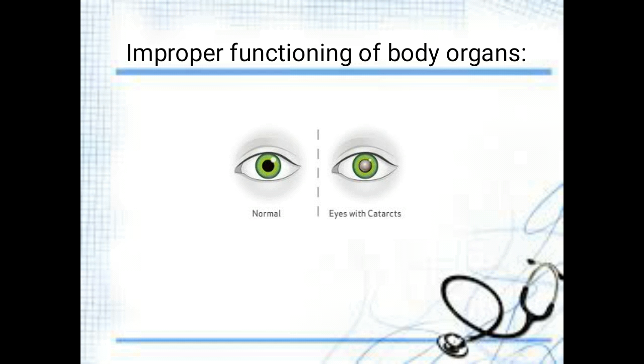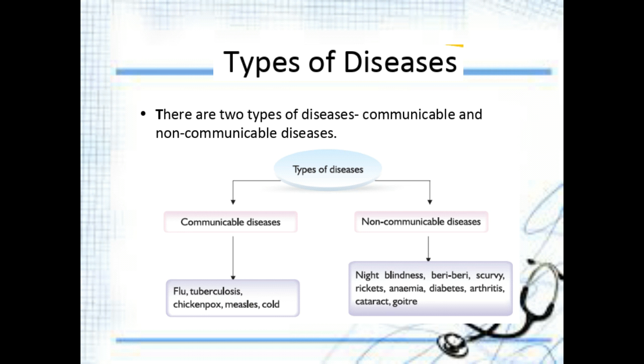Arthritis comes mostly in the knee, which tends to be knee pain, and heart attack is due to improper functioning of the heart, and cataract comes in the eye, in which a white layer is formed in the pupil of the eyeball, right? This is the symptom of cataract. Mainly it comes in old age people, since their body becomes weak and immunity level is also very low, they suffer from this disease, right?